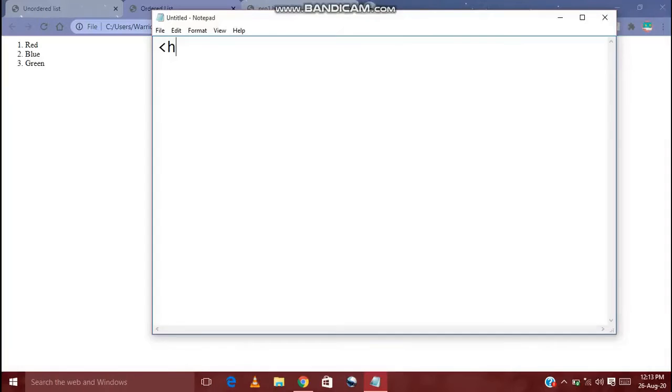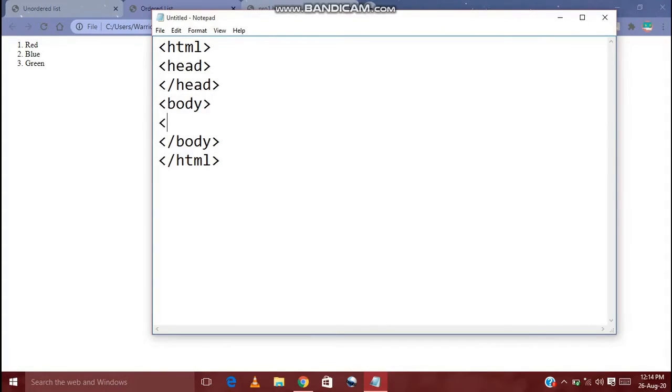So first let's open a new program, and then we'll write HTML, since we are creating an HTML program. And then we are going to use head, and then close the head. Right now I'm not writing anything in the head. You can write whatever file name you are creating, but I am not. So if you have started the body, close the body, and then close your HTML. Always remember to draw a rough HTML structure. This is how you can remember everything.